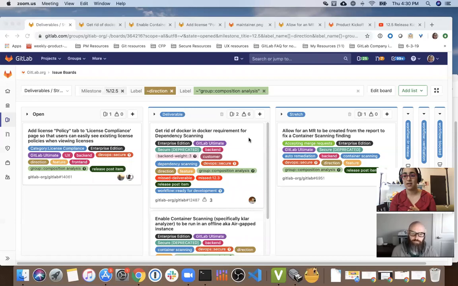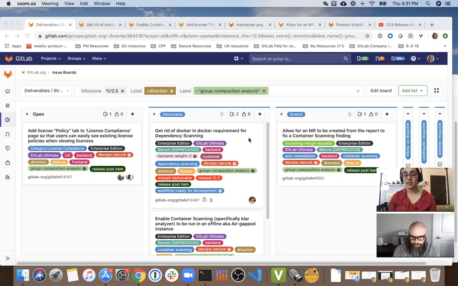This is enabling you to not use privileged runners and have retention of parameters that are being passed around. So a lot of people have been asking for this, and we're happy to keep making progress on this each release. The next item that we have as a deliverable is we're going to be enabling container scanning to be